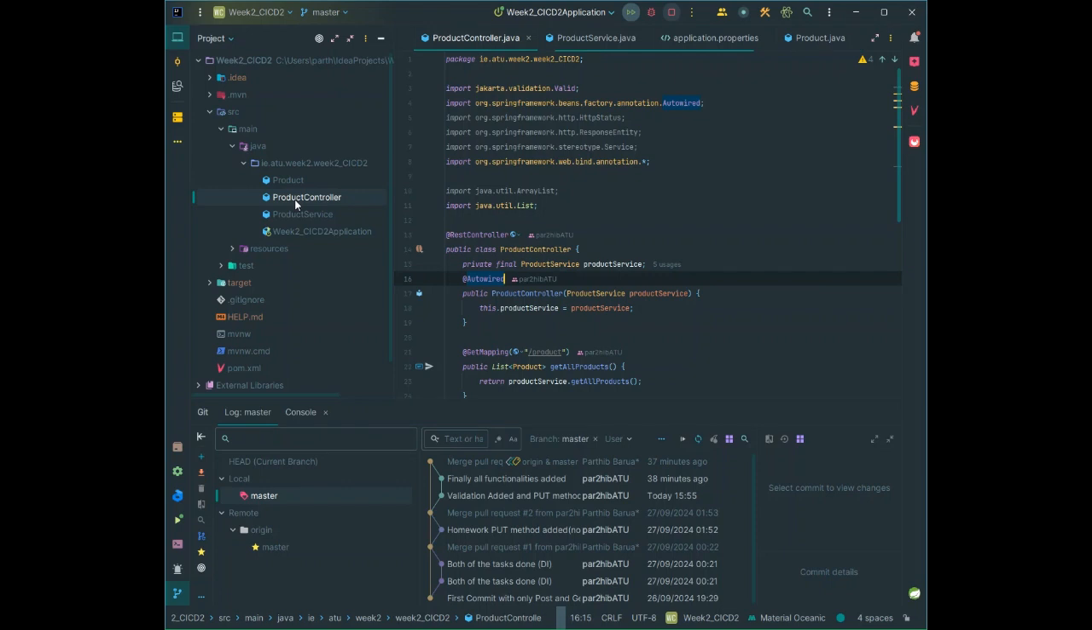Now, in the product controller class, I have implemented the REST controller. This @RestController annotation indicates that this class is a RESTful web service controller, and this means it will handle the HTTP requests and return JSON or other data formats as responses. This field is a reference to the product service class, which handles the business logic for product-related operations. Here, constructor @Autowired tells Spring to automatically inject the product service dependency when it creates an instance of product